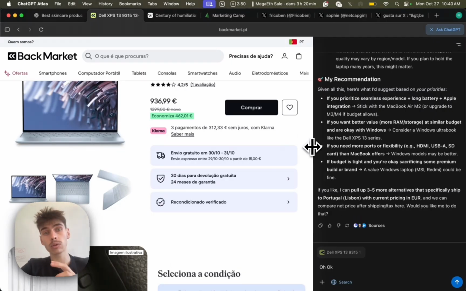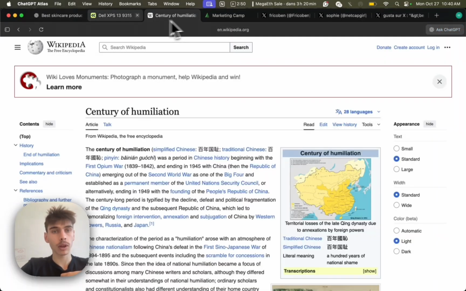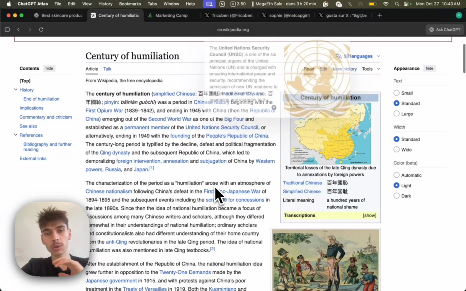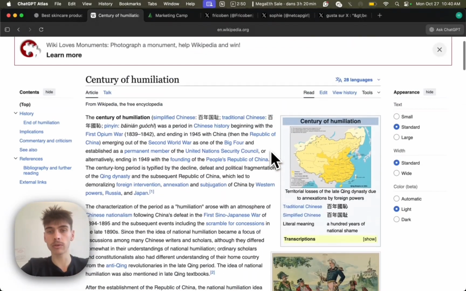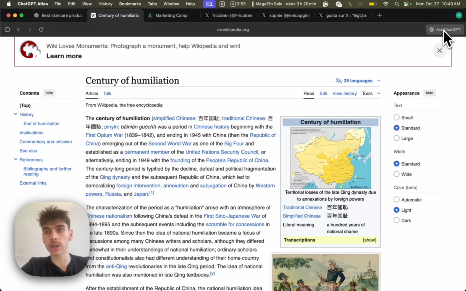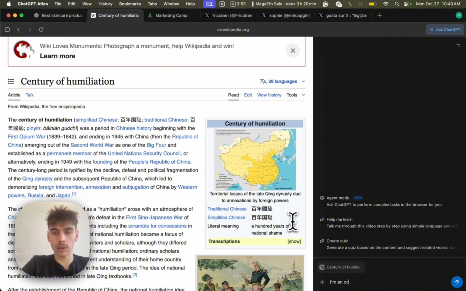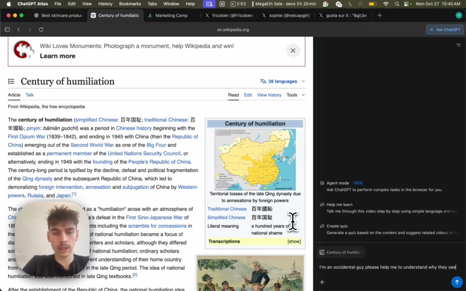Now let's do another use case that in my opinion is way more interesting: being able to explain complex stuff directly in your browser. Here, this is a Wikipedia page about a concept in China called the century of humiliation. It's a bit complicated to understand from an Occidental point of view because we don't know China very well, right? So let's ask, okay, I'm an Occidental guy, please help me to understand why they see this